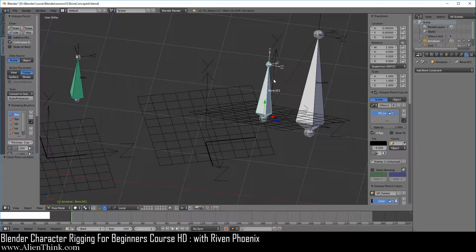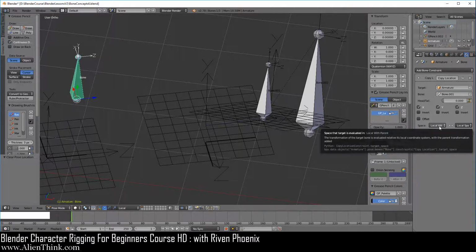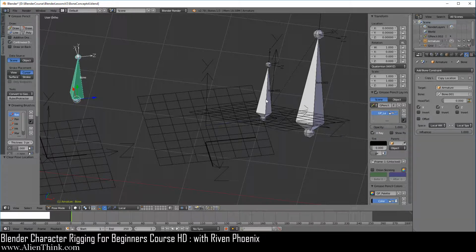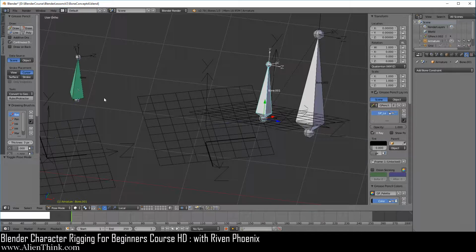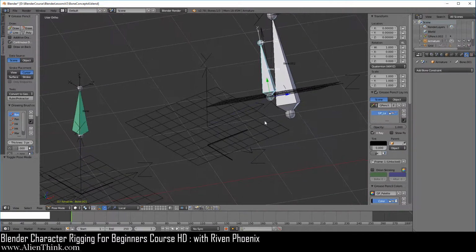First, it knows that wherever the parent goes, it will follow the parent and take its local coordinate system with it. But when you say that local with parent, the information that's being given to you is going to be according to the bone that it is in edit mode. Okay, so that can never change. This is why it appears over here, because it's looking at, according to its local coordinate system, where did this bone go. That's all this is.